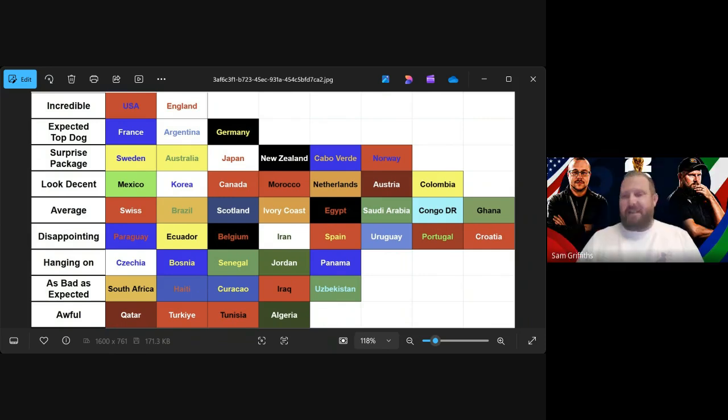But what I would say about Scotland is they're a team that know they have to get the edge in every moment possible. And if that means a good dive here or there, or a good shirt pull, or a good... I wouldn't say this with great conviction, but I would say that a lot of those Scottish players are intelligent footballers.